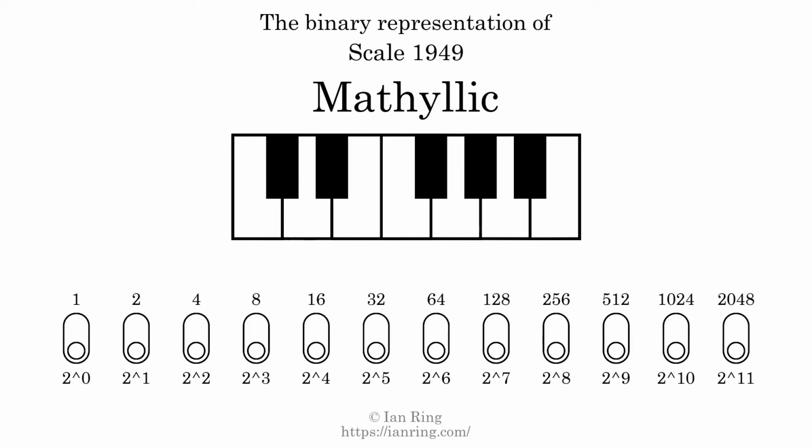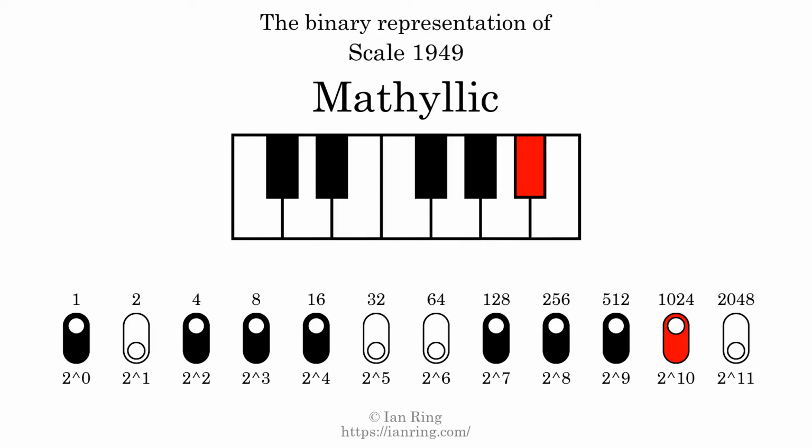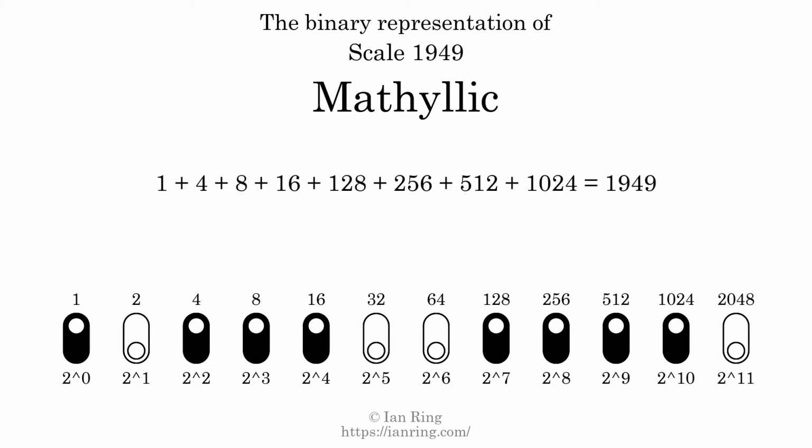The binary representation of this scale is determined by mapping tones of the scale to binary digits. Each binary digit represents a power of 2. To get the scale number, we add the powers of 2 together. The powers of 2 that are present in the scale, all added together, equals 1949. That is why the scale number, in decimal, is